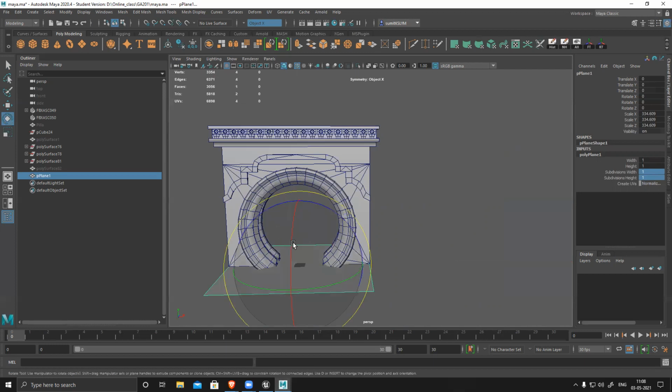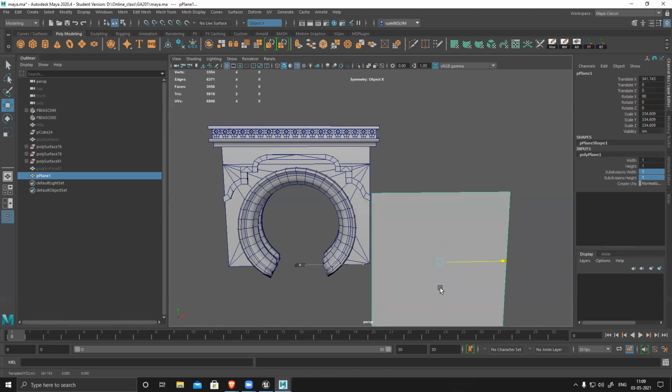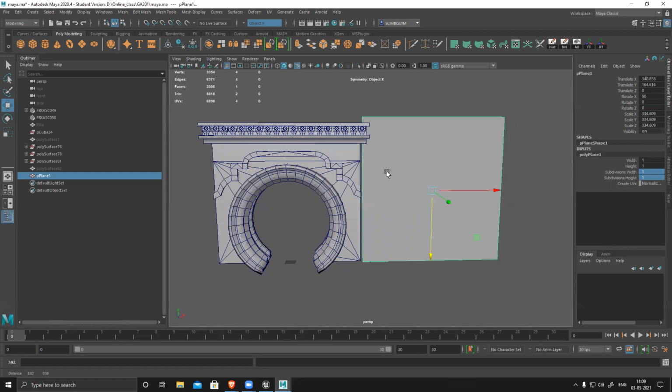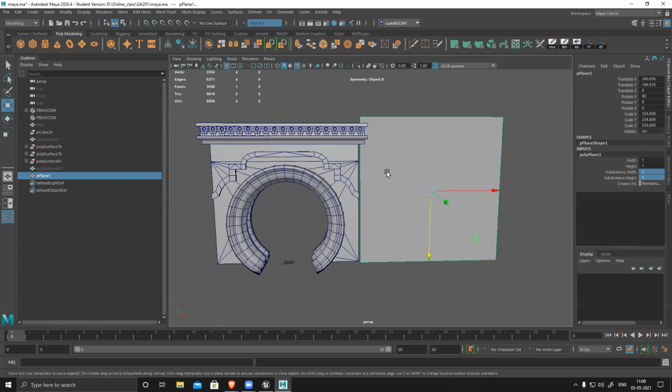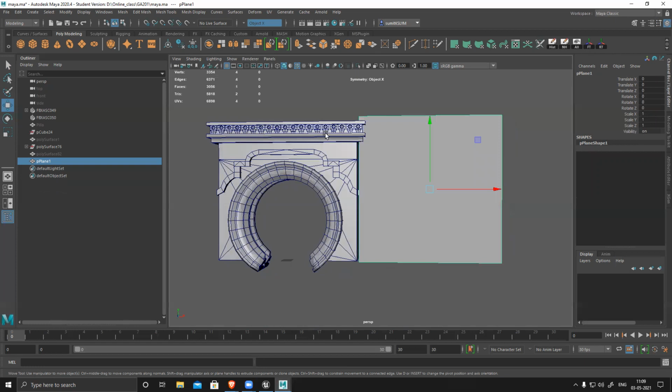Just 90 degree. Place it here and make sure it's a square. It's a perfect square. That is very important. Now freeze everything, just delete everything. Now we have this section. Now we have to plan this entire texture on this sheet, on this plane basically.